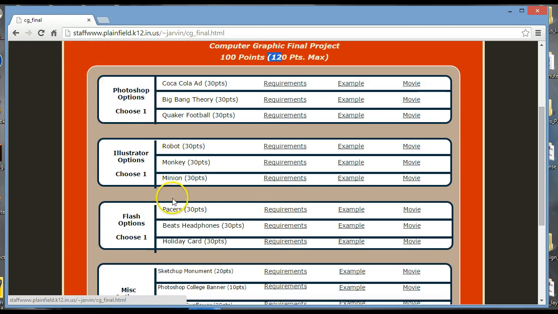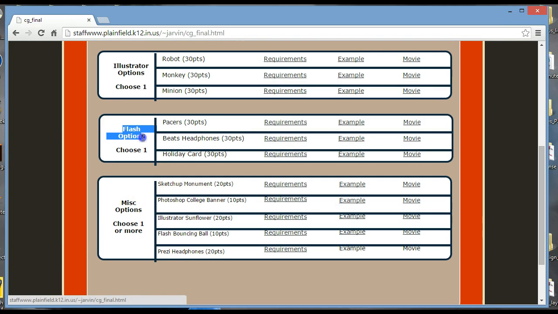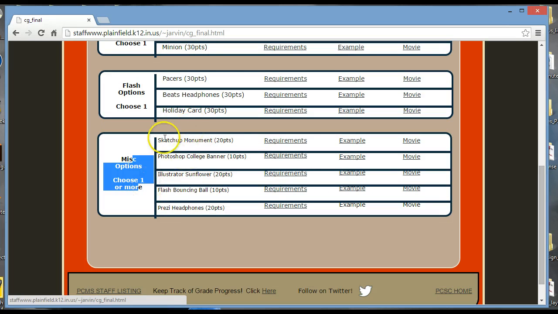Now here's the thing. The Photoshop assignments require some files, and I'm not there to send them. So we're not going to start those today. Same thing is true with the Flash section. It requires some files. I'm not there to send them. Some of the miscellaneous options require some files, and I'm not there to send them today, so probably won't be starting this. There's a couple of things down here you could do, but